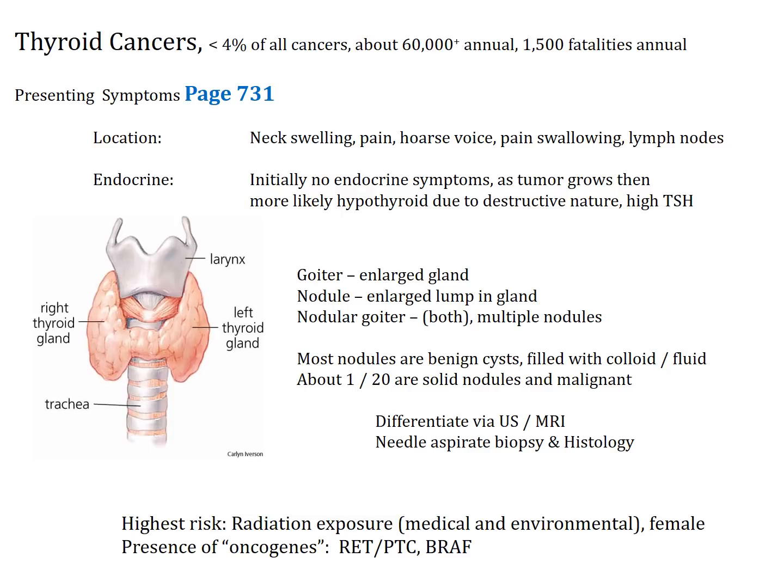Thyroid cancer, primary thyroid cancer, is going to originate in the thyroid gland. So common presentations of thyroid cancer would be neck swelling, neck pain. An individual would develop a hoarse voice, particularly if that cancer is involving the larynx or involving the nerves going to the larynx. An individual may have pain on swallowing. An individual may have enlarged lymph nodes if that cancer now becomes metastatic into the lymph nodes.